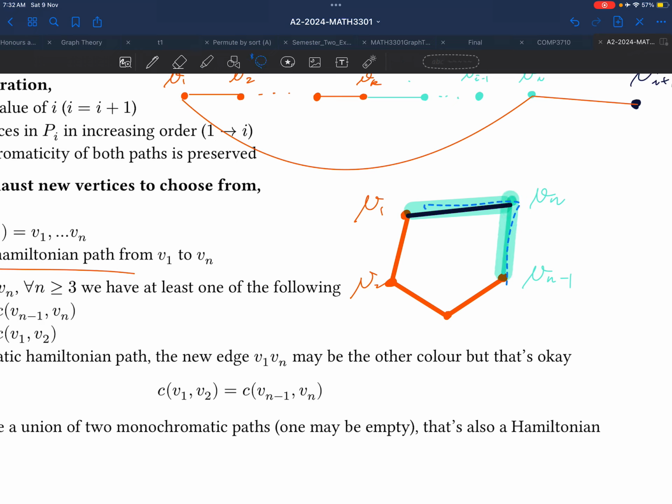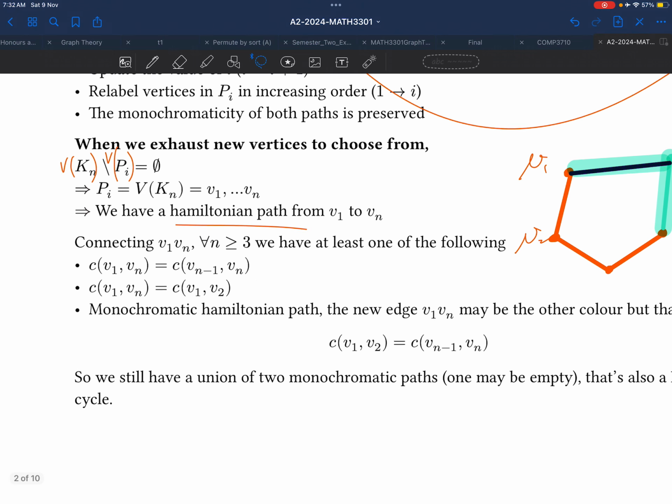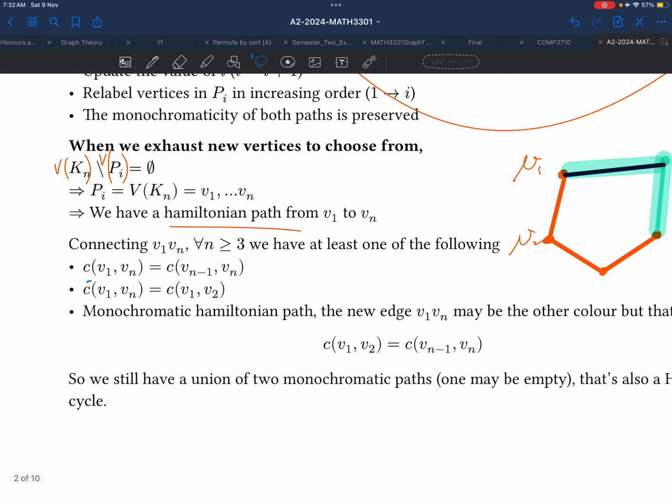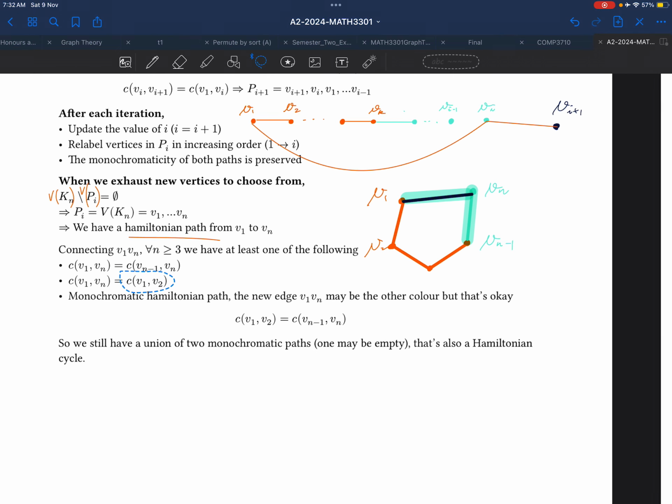So that is a monochromatic union of 2, right? Or if they are exactly the same color, then that would be monochromatic. The property holds. The other case is V1 Vn equals V1 V2, which means that